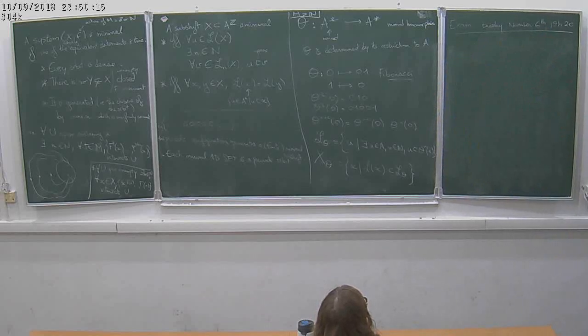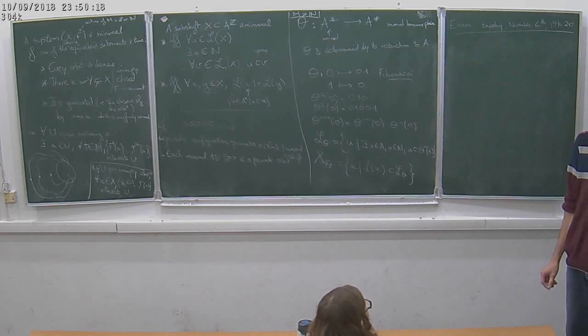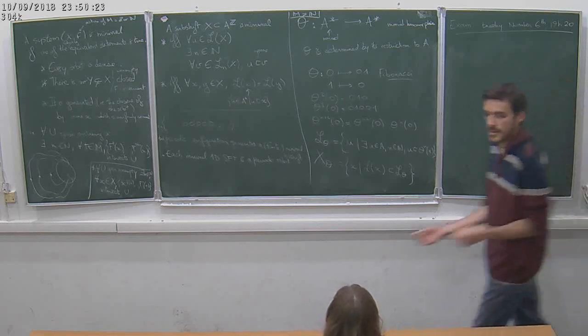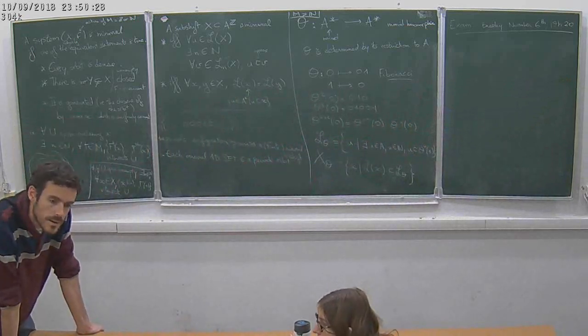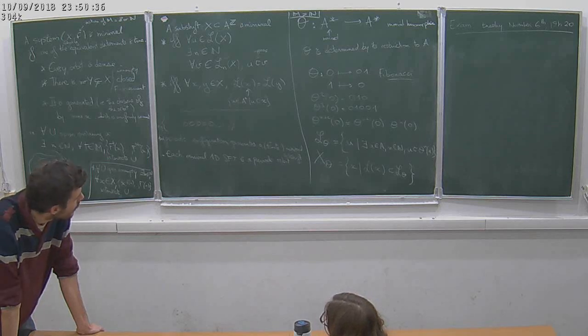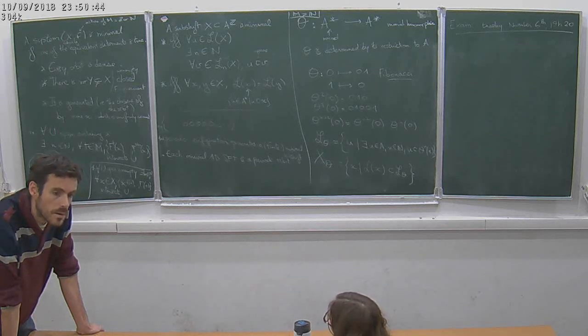Because in general, we ask that there is at least one symbol present in the image of some letter, and hence we can at least have